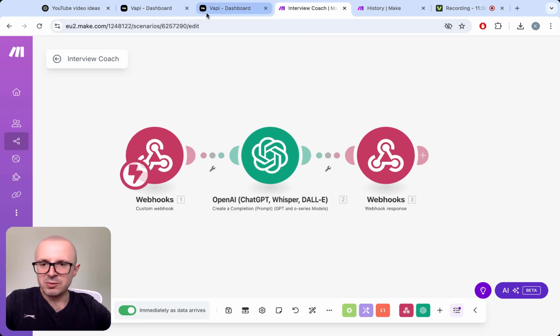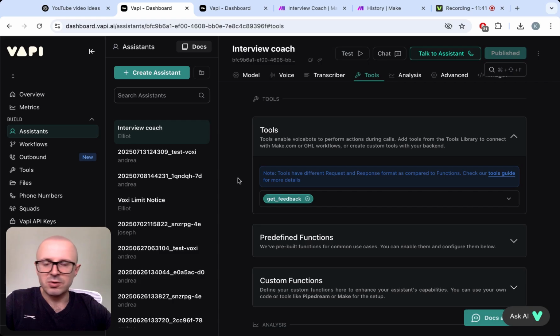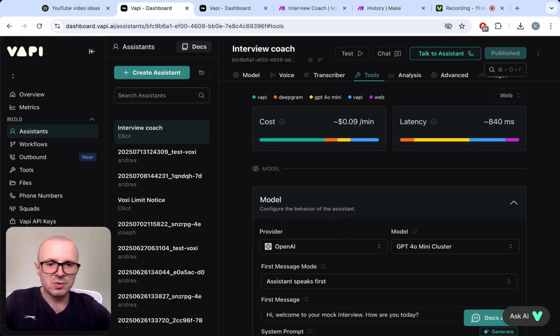And there are different ways you can test your voice agent. One of the options is to talk to the assistant using this button from VAPI. The other option is to buy a number from Twilio, for example, and then you can call that number, and when someone answers the phone, which will be our voice agent in this case, then